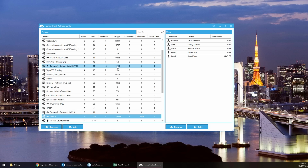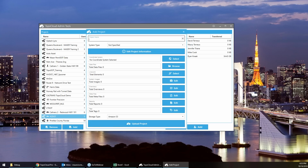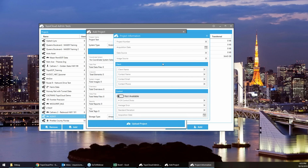Basically, this is what lets you upload the different projects and set up permissions and things for who has access to that data. If I want to upload a new project, I go ahead and click on Add. You'll just fill out some things like project name, so project S. Specify what type of system it is, so if it's, let's say, a mobile system. Fill out project information. Again, these are all optional, but fill out whatever you want. So, acquisition date, let's